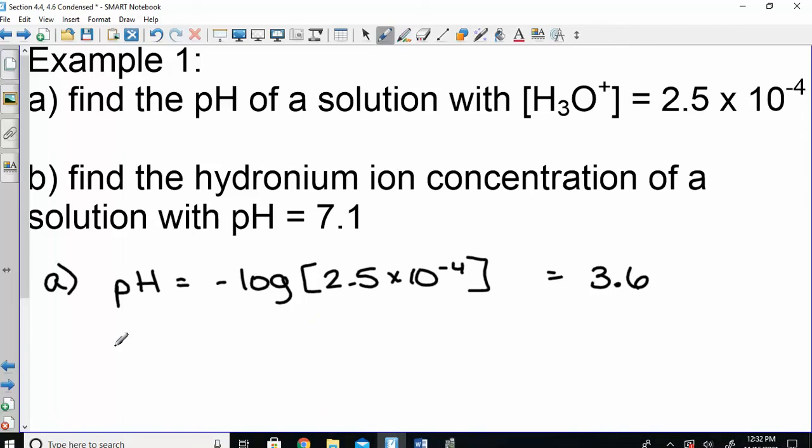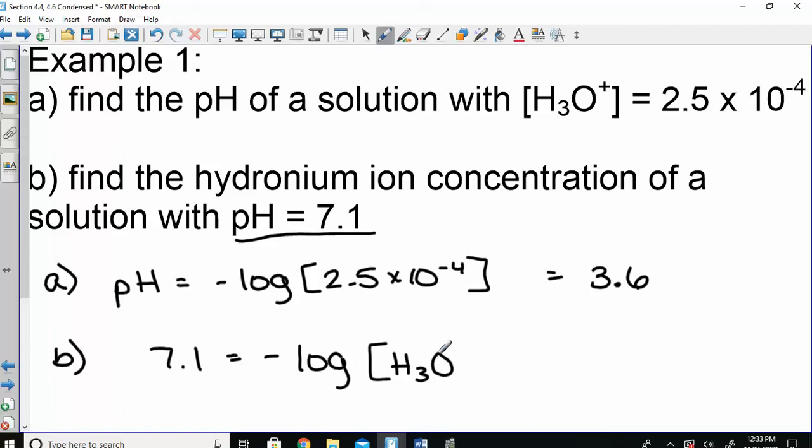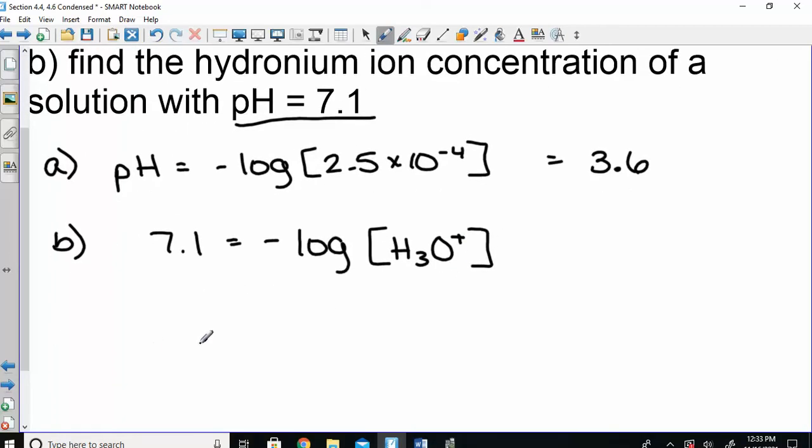Second question is find the hydronium ion concentration if the pH is 7.1. So we're using the same formula, but I flipped what I gave you. If you plug that in for your pH, that means 7.1 equals a negative log of the H3O+. And what could you do with that negative? Now let's just divide it over. So a negative 7.1 equals log